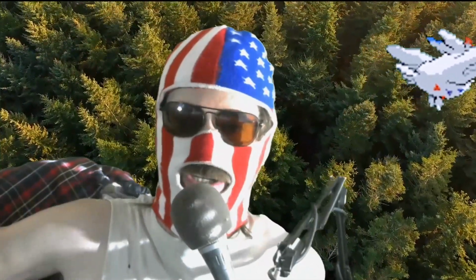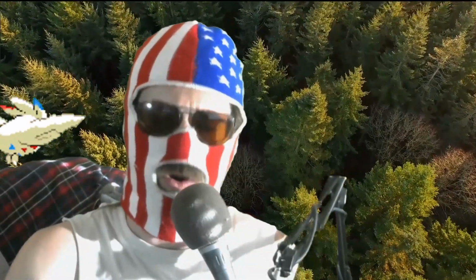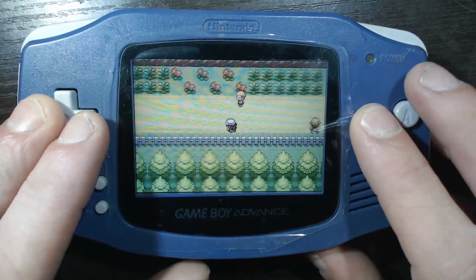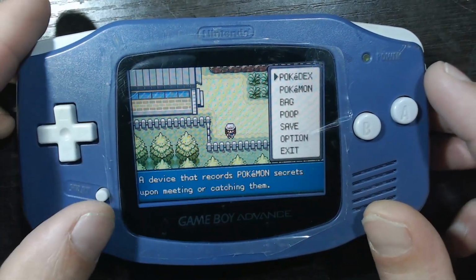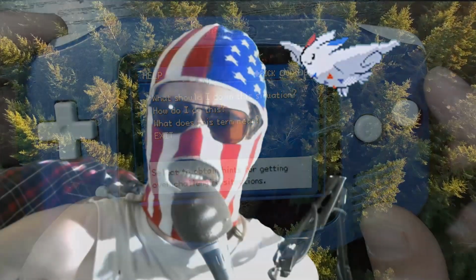Today we're going to be installing one of the IPS V2 displays into our Nintendo Game Boy Advance. These things look amazing, and they have 10 different brightness settings, which you can change by holding select and pushing L or R. Now we're going to be doing it the slightly, significantly more difficult way of installing it into